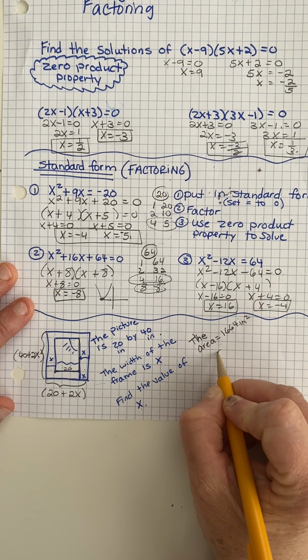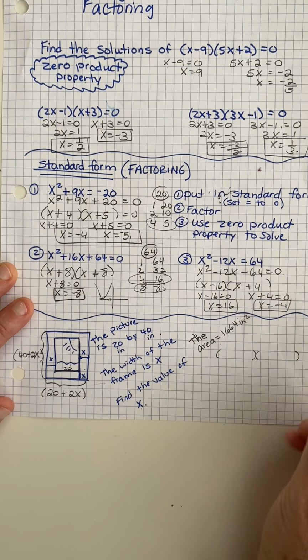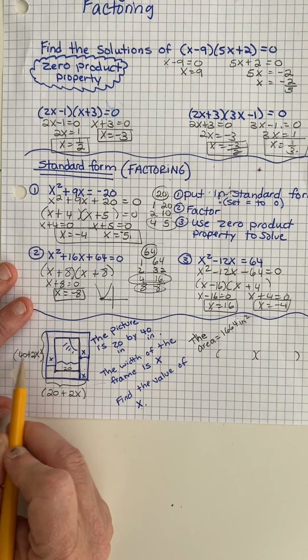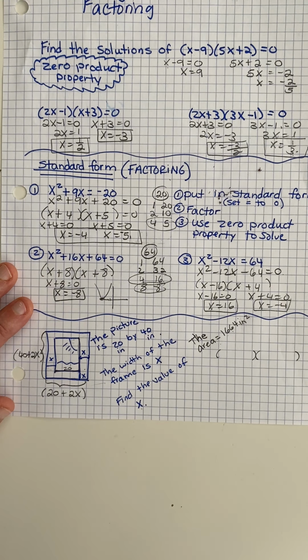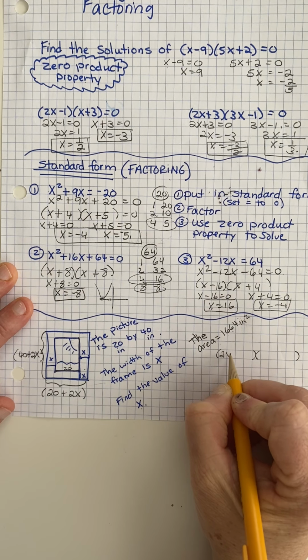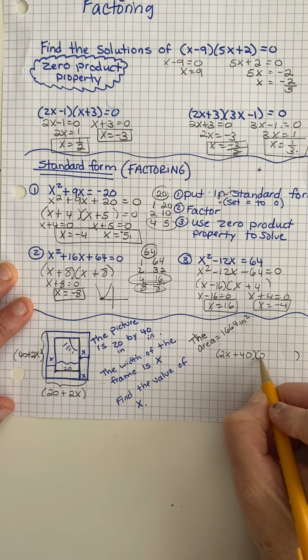Now, just because it's going to be easier for me in a minute to do this, I'm going to go ahead and put my parentheses, and because of the commutative property, it doesn't matter if I put my 2x first or my 40 first, and that way when I FOIL it out, I'll get my x's. So I'm just going to move those around. I'm going to put 2x plus 40, and then I'm going to put 2x plus 20,